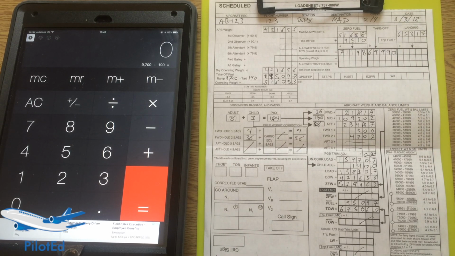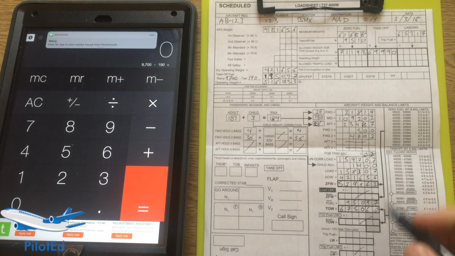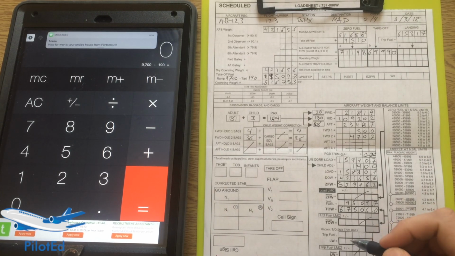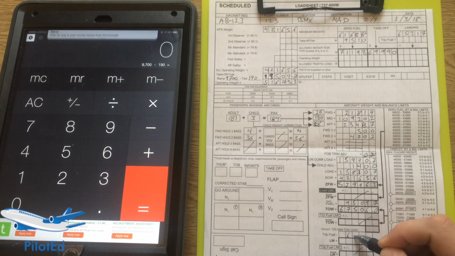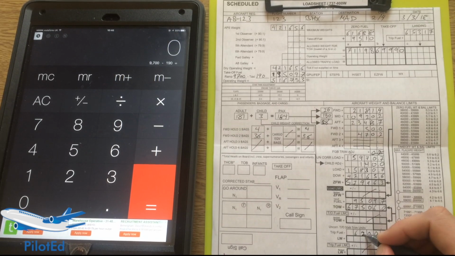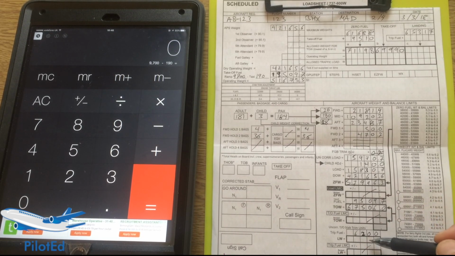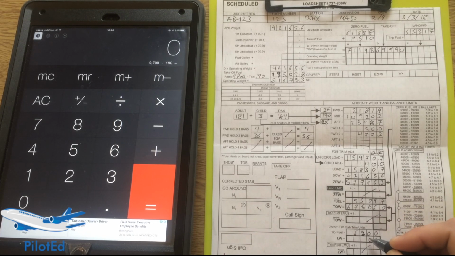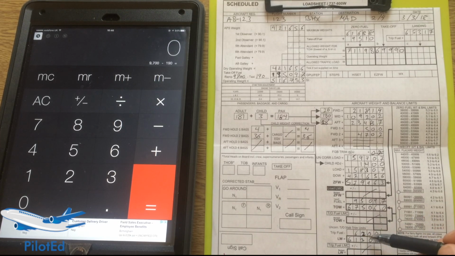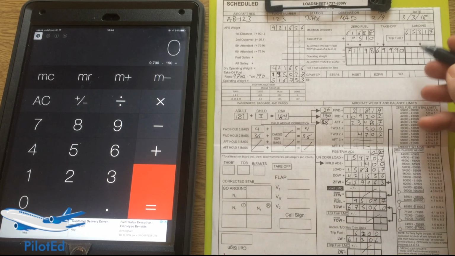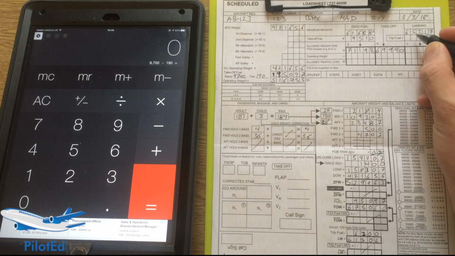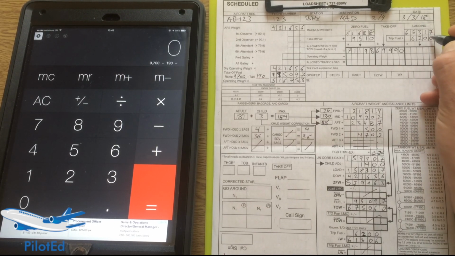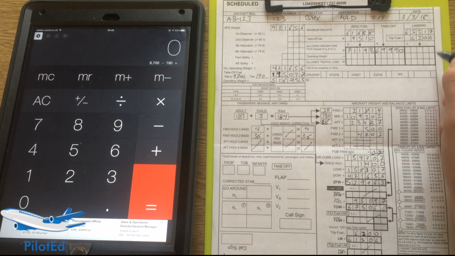Now my trip fuel I also know from my flight plan. If you see my video on the flight plan, you'll get that there. So in this case my trip fuel is going to be 6.2 tons, I've calculated. This is not for takeoff, so it doesn't need to be corrected. That'll just give me a landing weight, if I subtract that. So there's my landing weight. That's what my landing weight is going to be. My trip fuel, 6.2 tons. I can pop in here, 62, and get